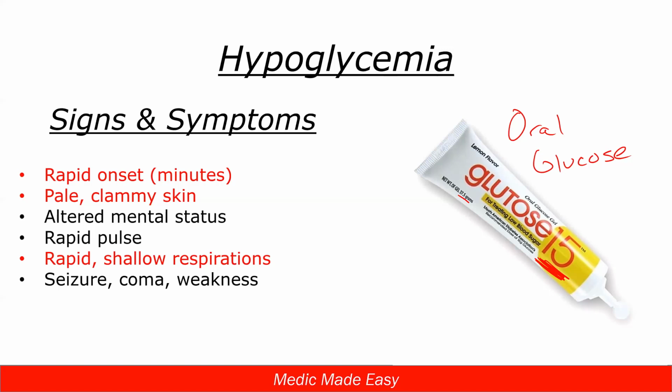So if we're assessing our patient and we think we're going to have to bag that patient because they're not breathing too well, then we're not going to give that oral glucose. If they're that bad that we're thinking we're going to put in an OPA and try to assist ventilations, that's telling us they're not protecting their own airway, so we're not going to put this other substance in there. Because remember, airway for us is top priority. We have to manage the airway, breathing, circulation, everything else, and then we can get to treating our blood sugar. So we have to make sure we're appropriately assessing that patient.